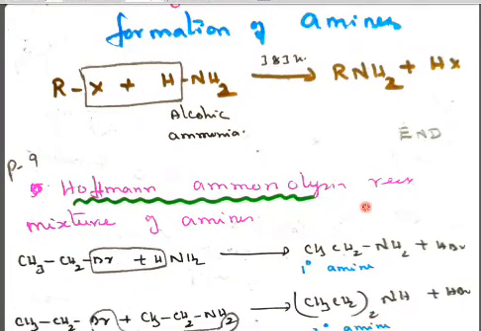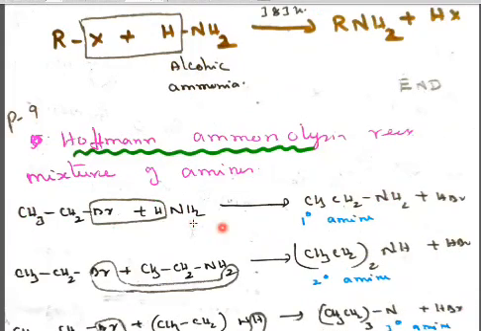Come to the next topic, Hoffmann ammonolysis reaction. Lysis means breaking. For this, a mixture of amines can be prepared. So for Hoffmann ammonolysis, we cannot get pure amines. We are getting a mixture of amines. First, in one container you take an alkyl bromide, ethyl bromide, with ammonia,